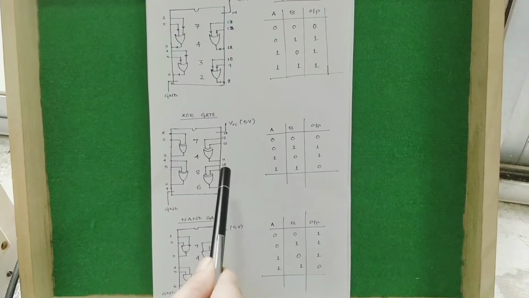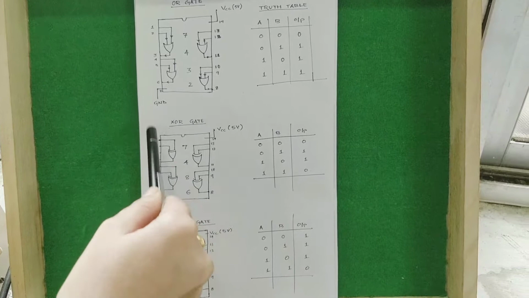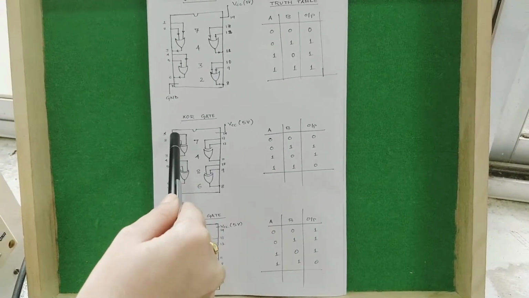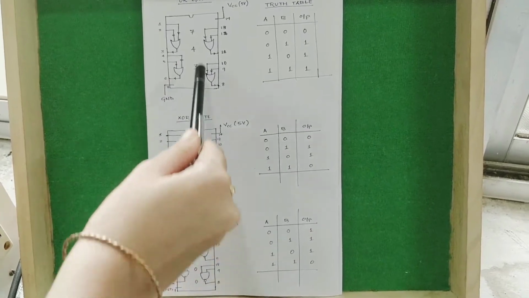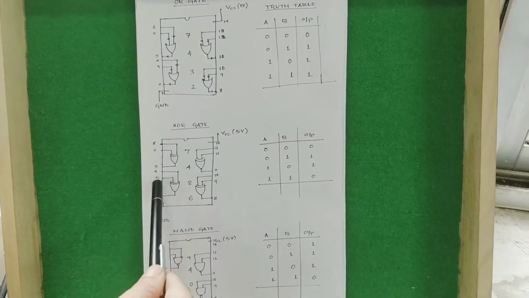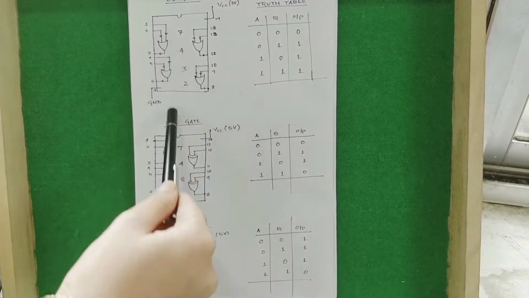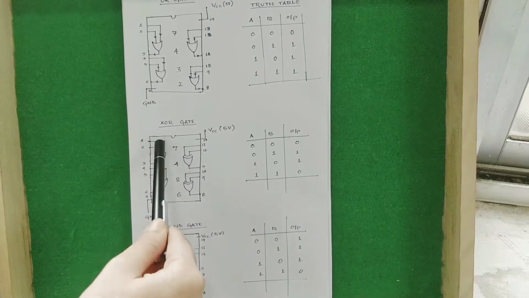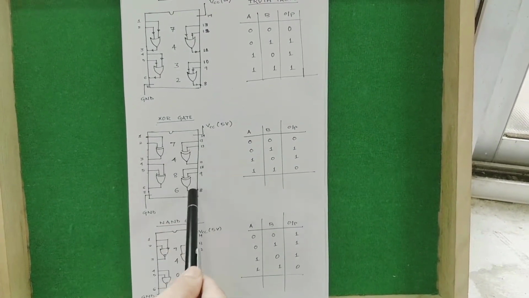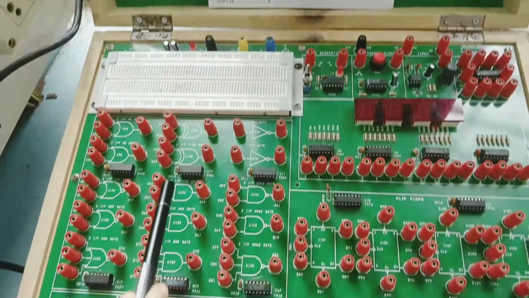Now we will verify the XOR gate truth table. As you can see, for the XOR gate we will use the 7486 IC, which contains a total of 4 XOR gates, similar to what we have seen in our OR gate. So here also it contains a total of 14 pins, and the same way the OR gate is connected, the XOR gate is also connected in the same way. 1, 2 are the inputs and 3 is the output, and similarly we have a total of 4 XOR gates.